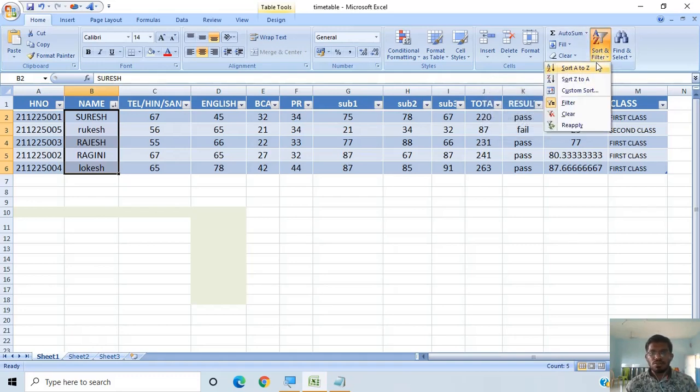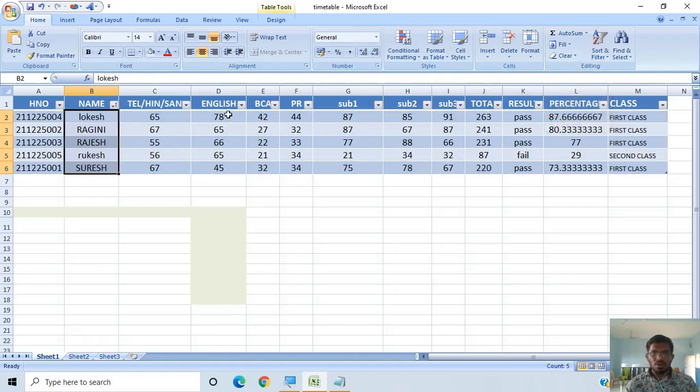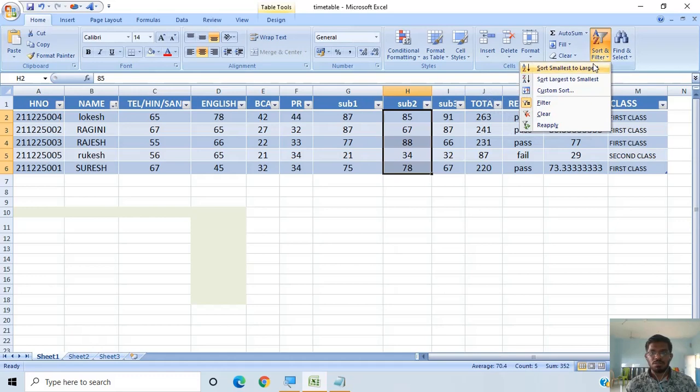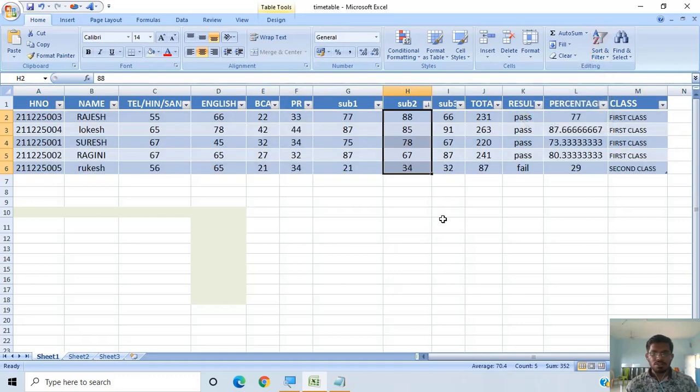If you want to see who is the topmost person in subject 2, that means smallest to largest or largest to smallest, I want to see the largest, so I will select largest to smallest.